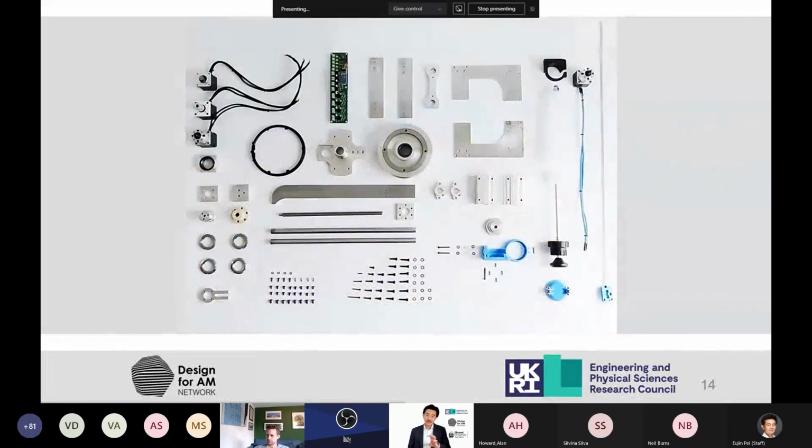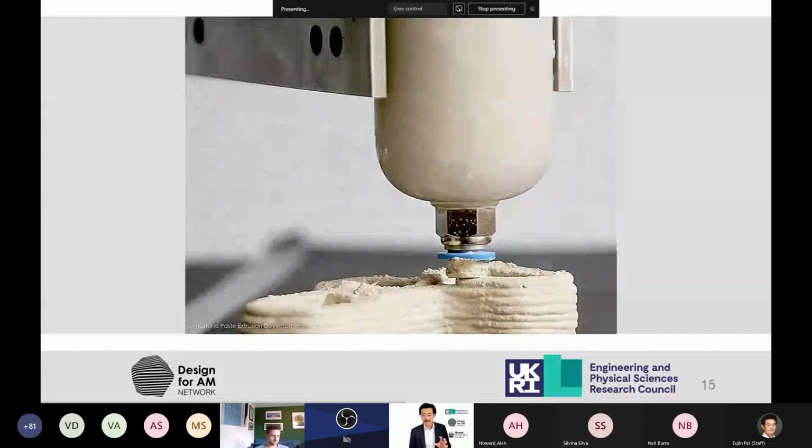So this 3D printer, we actually built it. Almost everything was built from scratch, with the exception of obviously servo motors and the software. We had to troubleshoot and make improvements to that. We also had to understand the materials science of using paste-based extrusion, using a material that we got from Portland stone.